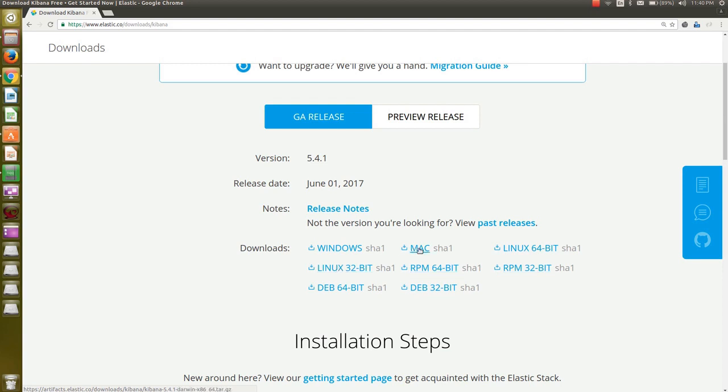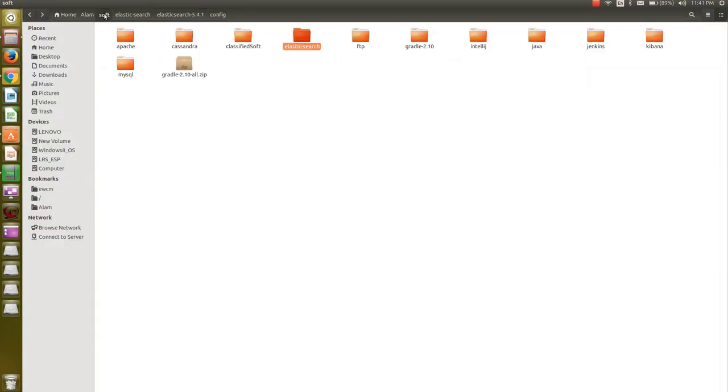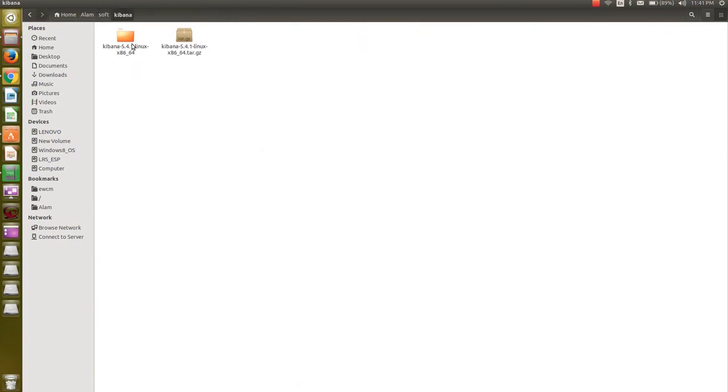For example, for Mac this one, for Windows this one, but there is a little bit different way to start and stop the server. Like for Windows you have to run the bat file, for this one you have to run the executable file. Okay, so to save time, I have already downloaded the Kibana, which is here.